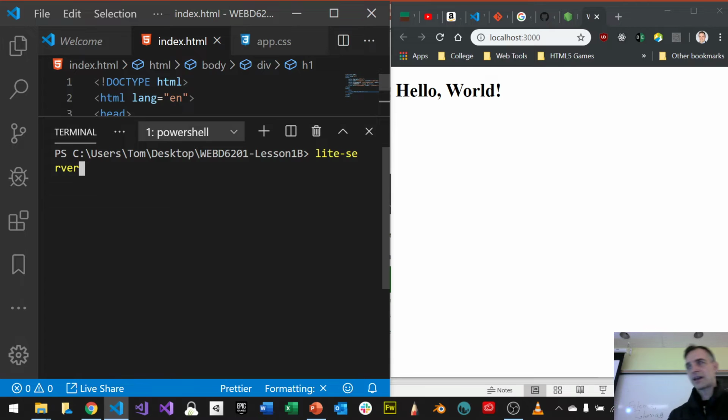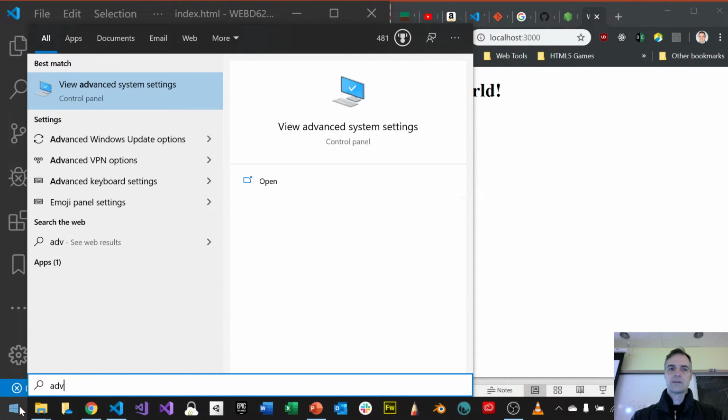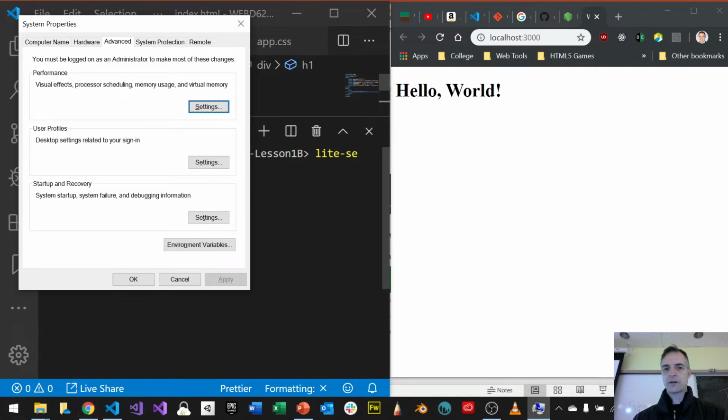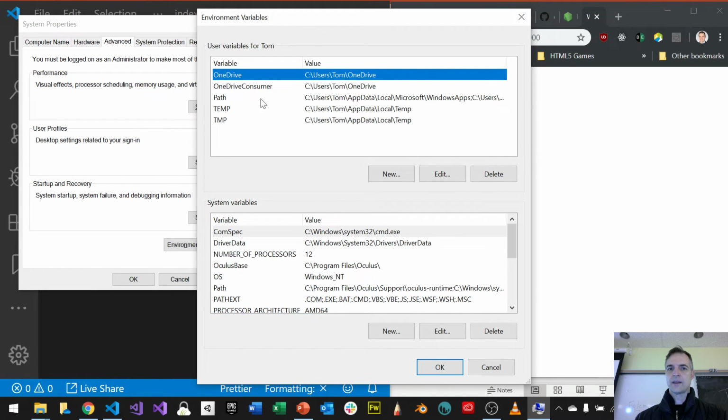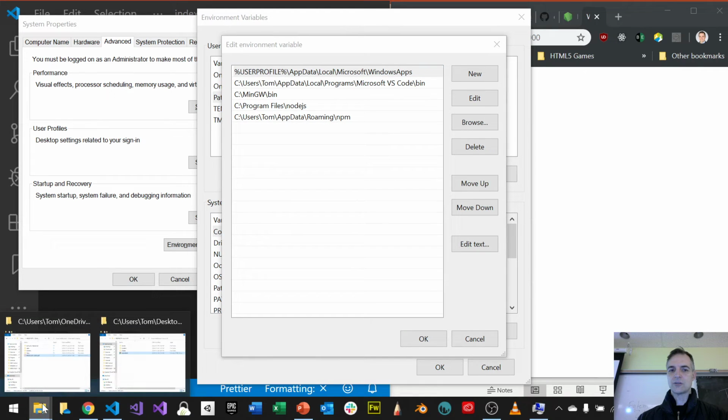And the way to fix that is to go into Advanced System Settings. So we're going to go into Advanced System Settings. We're going to pull up our environment variables. And in the path, in the user path, do you see C:\Program Files\nodejs? All right, so to type it in exactly this way might be challenging,